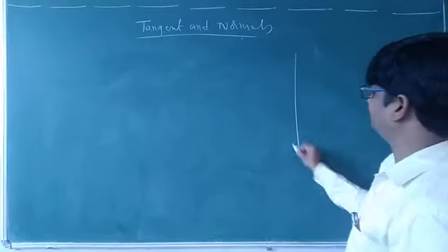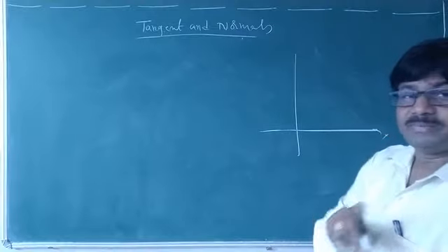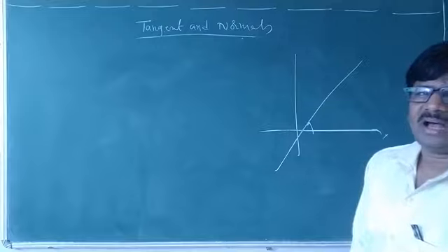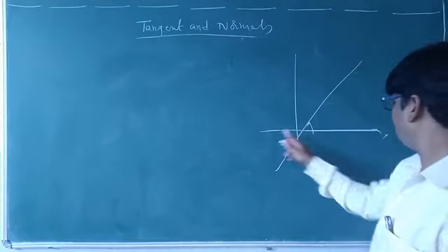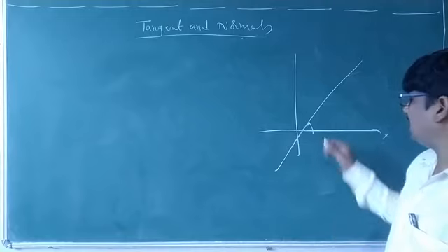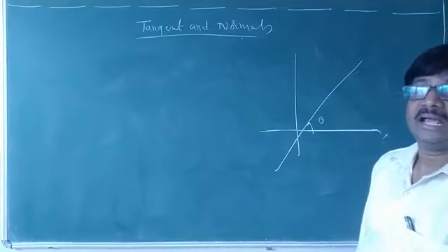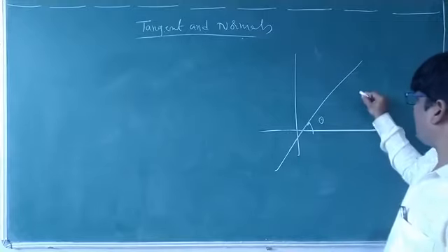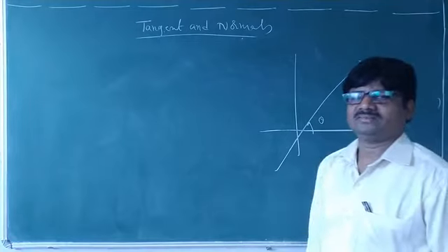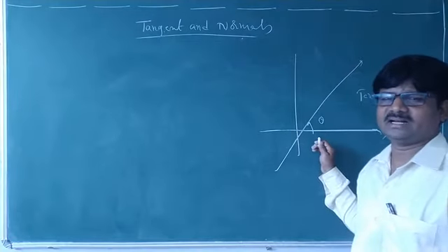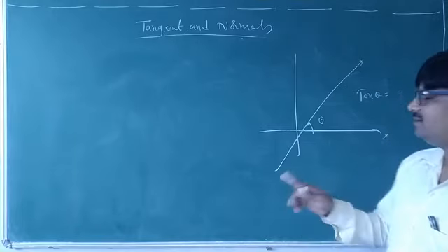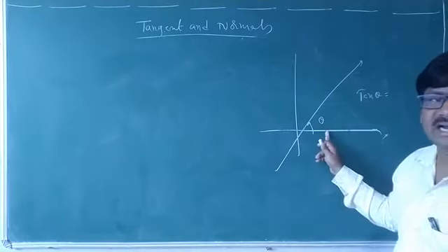A straight line which makes an angle with the positive direction of x-axis is called inclination theta. Then the value of tan theta is called slope of this line. Did you remember or not? It is the first definition in straight lines. Inclination means angle. A line which makes an angle with the positive x-axis is called inclination.